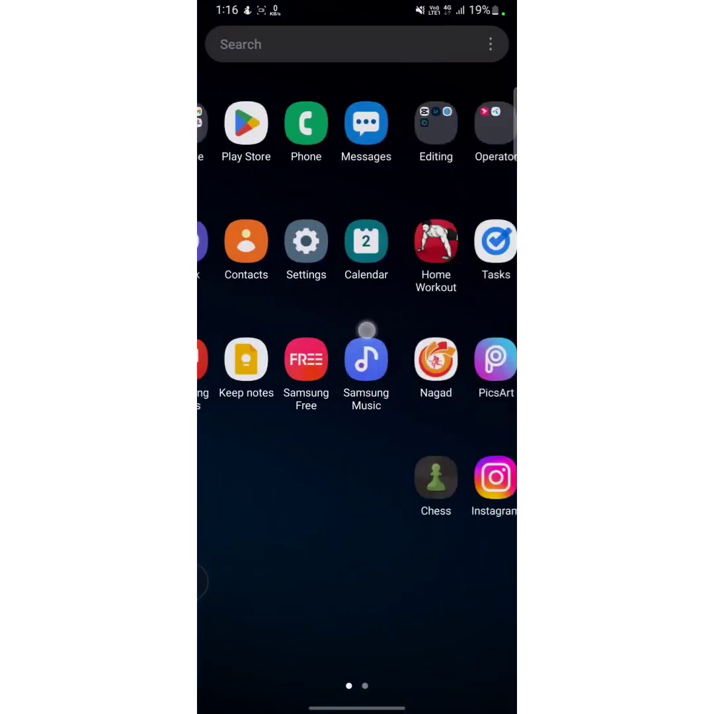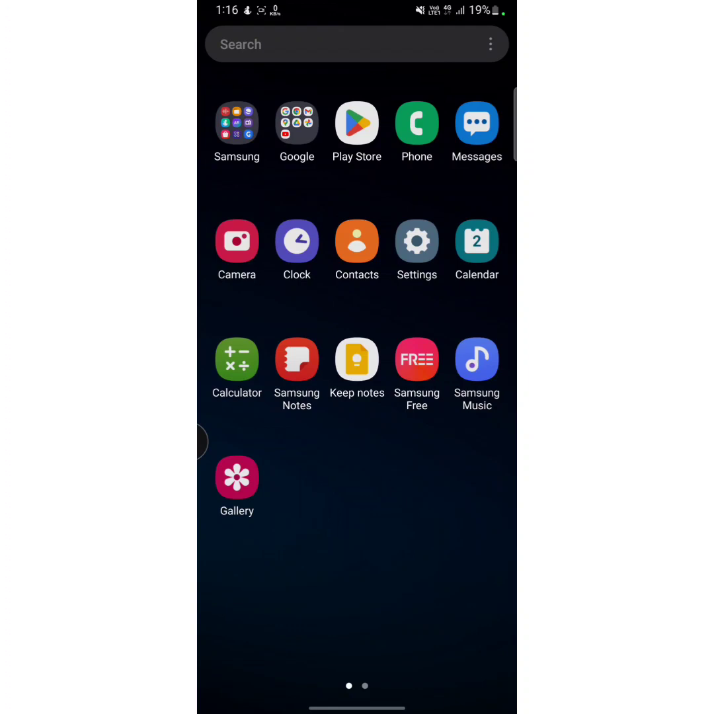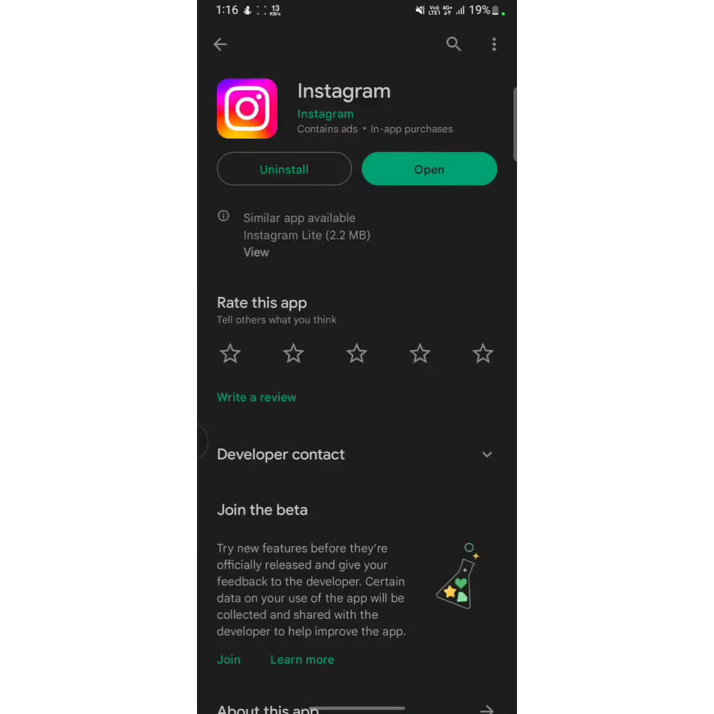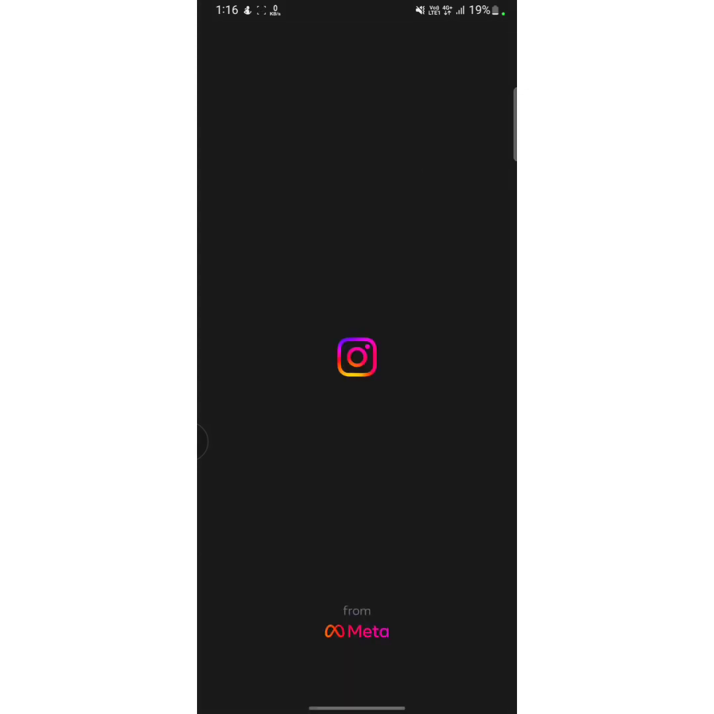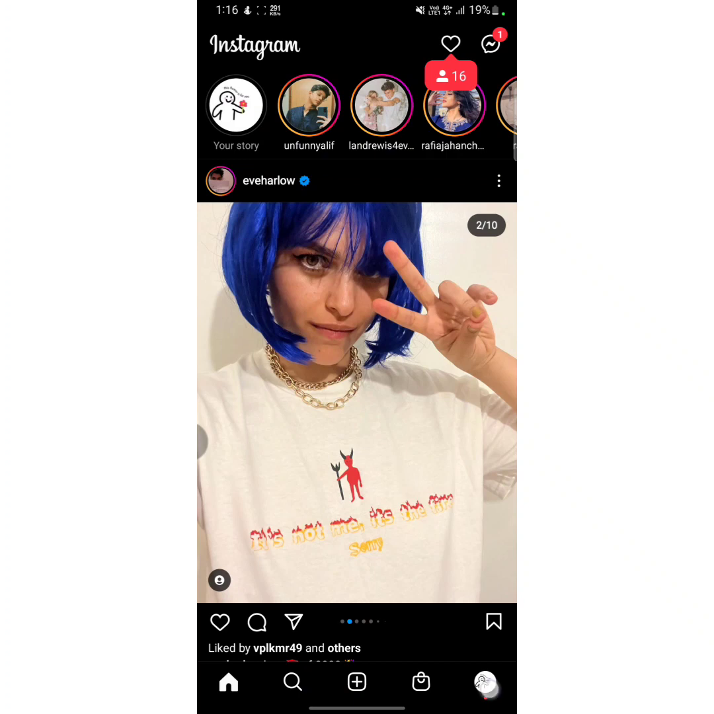So first of all, you have to make sure that your Instagram app is up to date. To check whether an Instagram update is available or not, go to Play Store and search Instagram. If an update is available, then update your Instagram app, then open it. After opening your Instagram app, go to your profile,